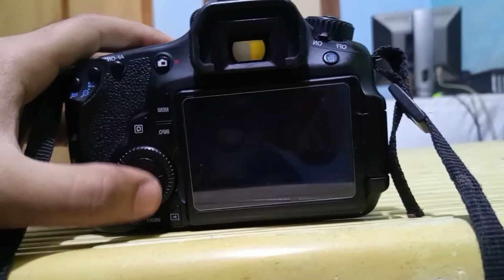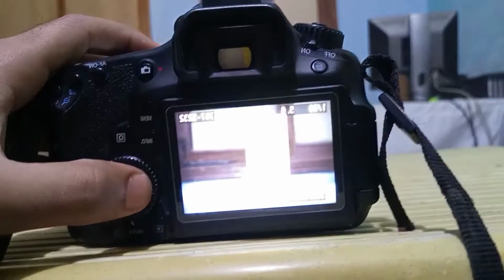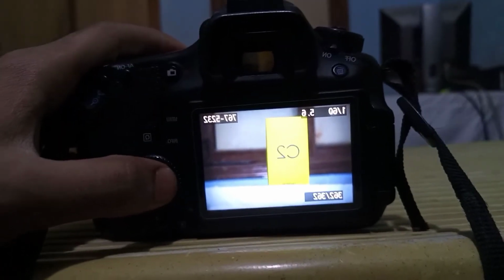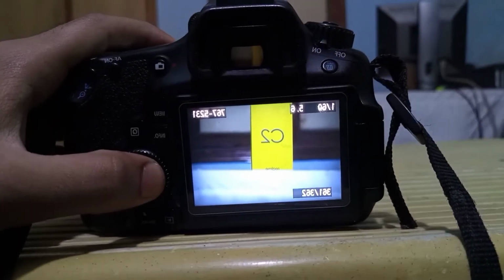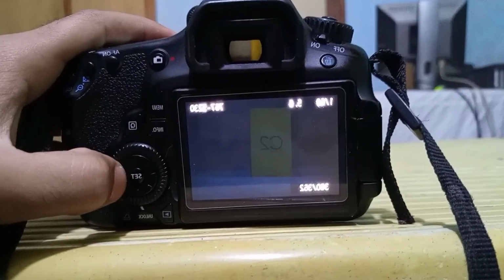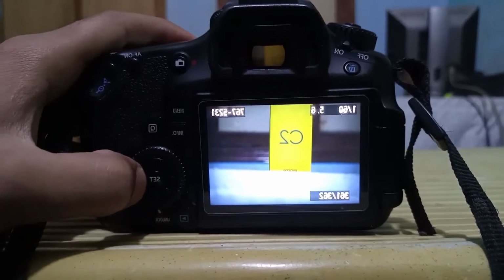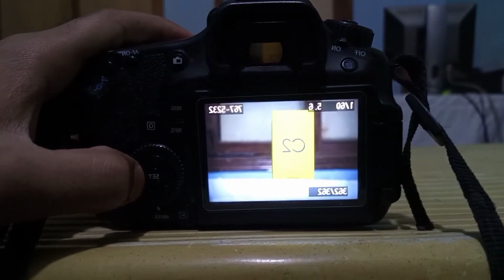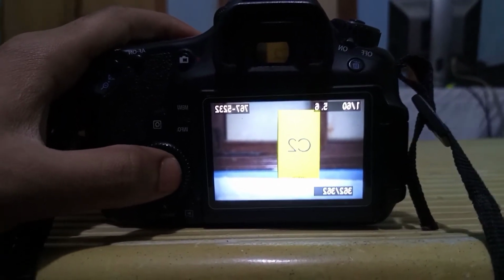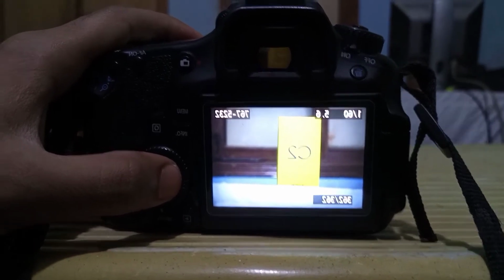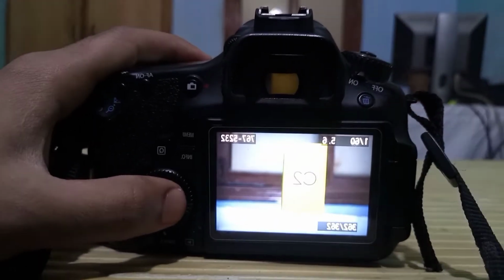You can see it is brighter than the last one. ISO 100, ISO 1000 and ISO 2000. This is the main difference between ISO 100, 1000 and 2000.